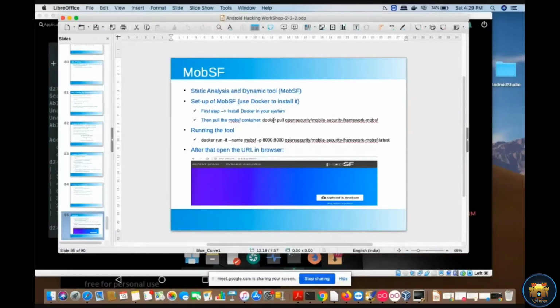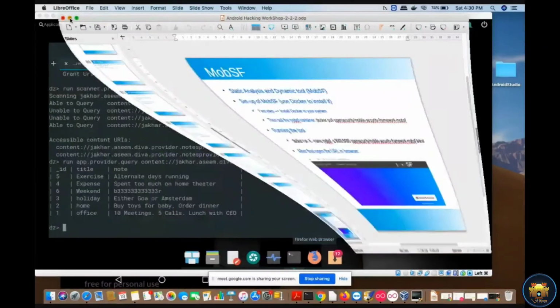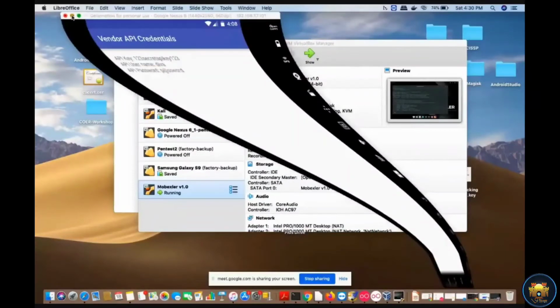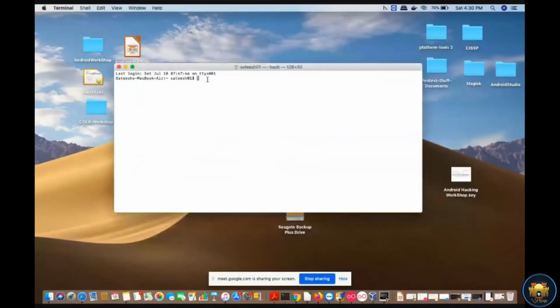Once this container is pulled, you need to execute this command to run the MobSF tool. So once you run this command in your command prompt, I will show you here, right?